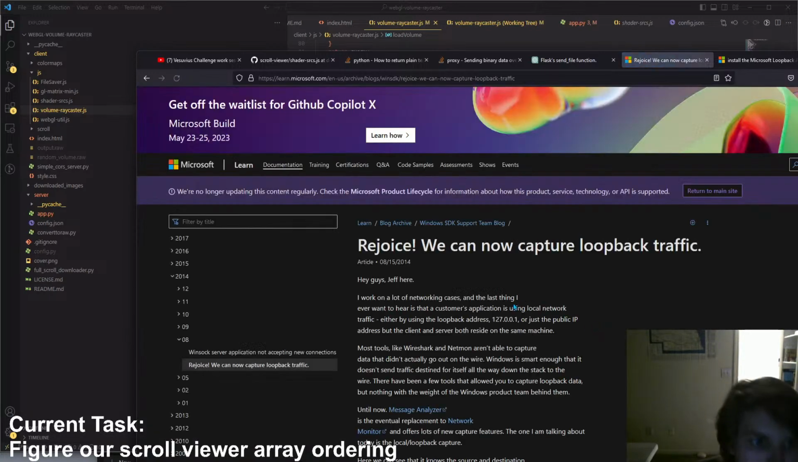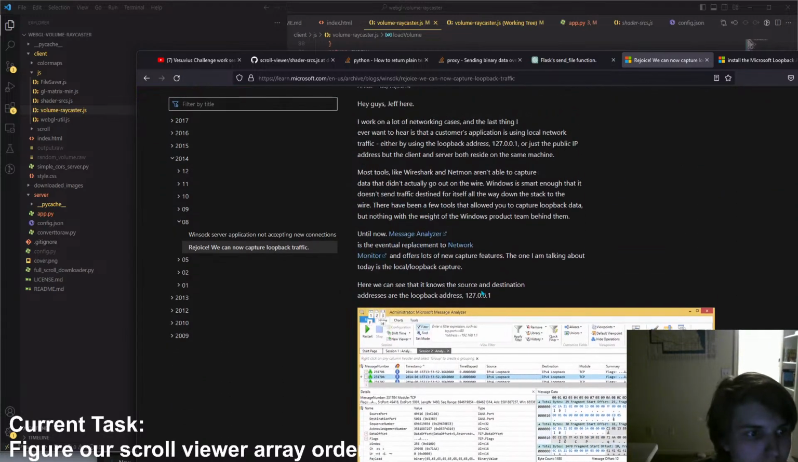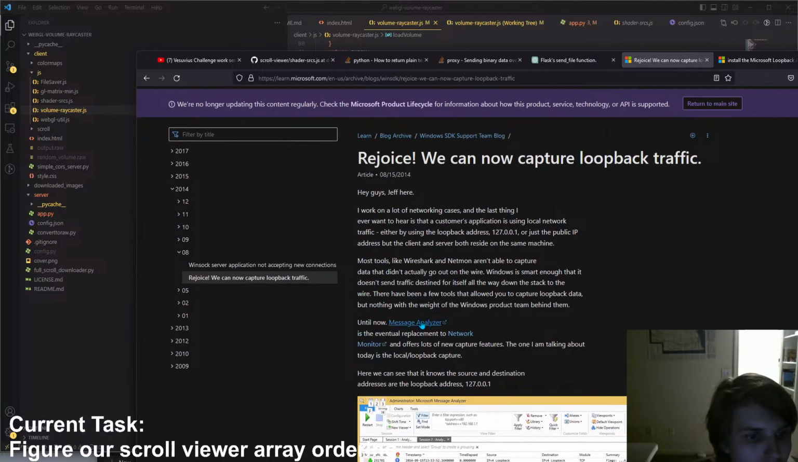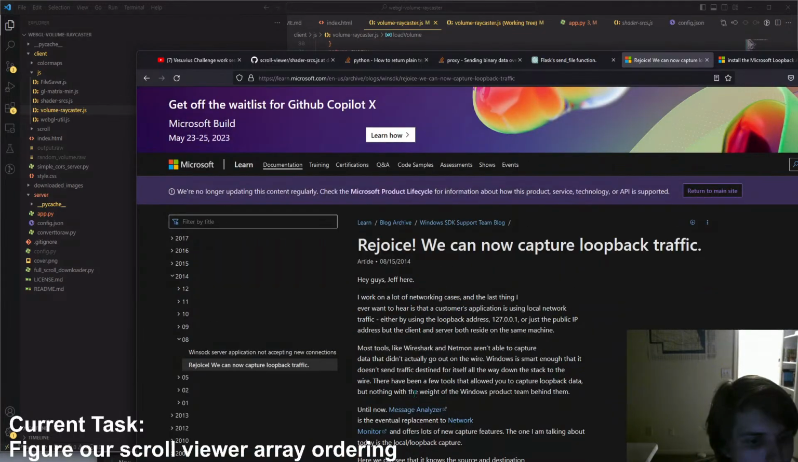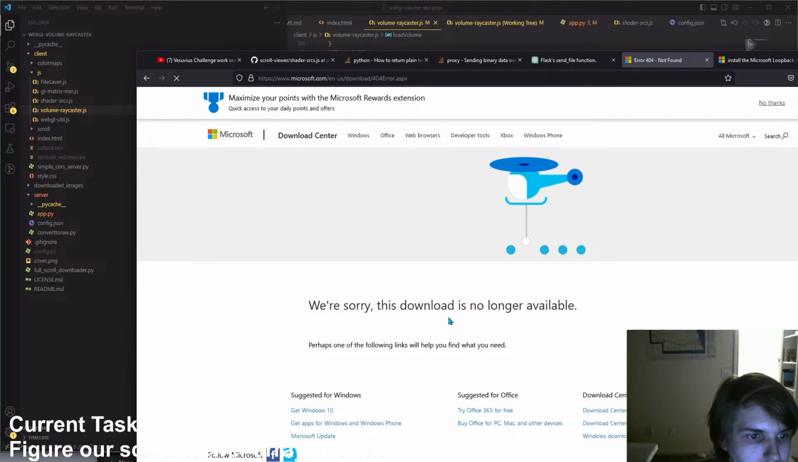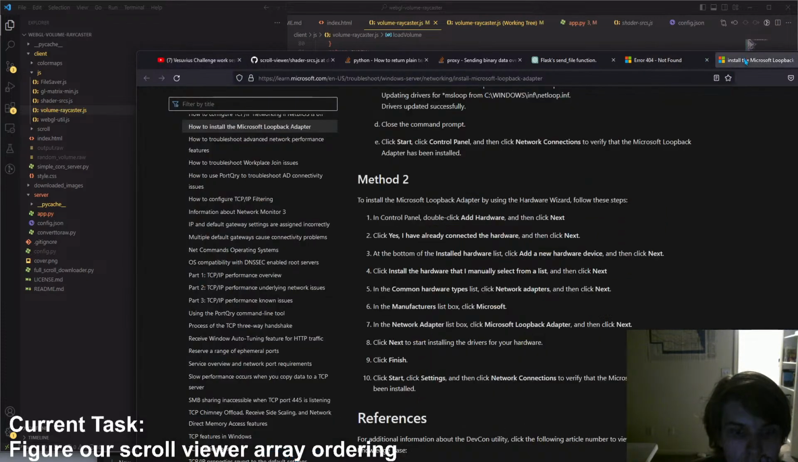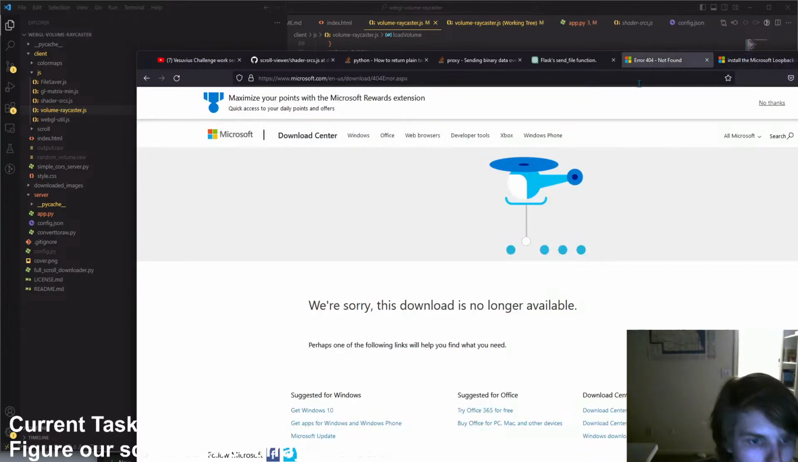Huh. Rejoice, we can now capture local loopback. Message Analyzer. Isn't this just Wireshark? Okay, Message Analyzer, download from Microsoft. We're sorry, this download is no longer available. So, for context here, I'm trying to look at my localhost traffic,